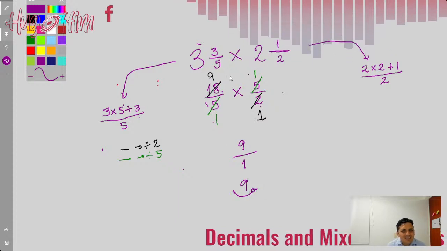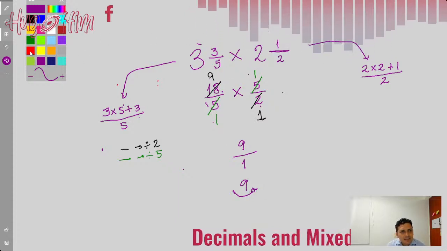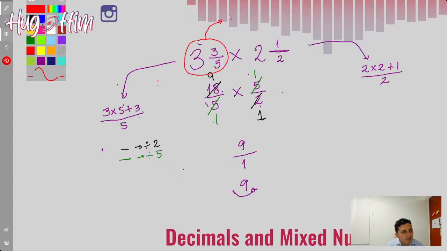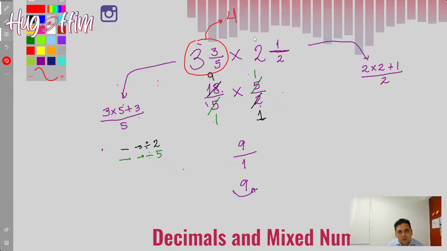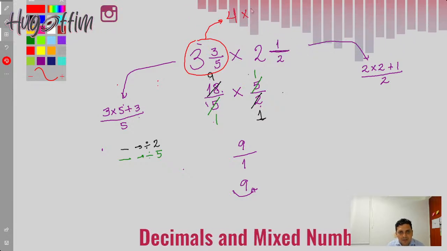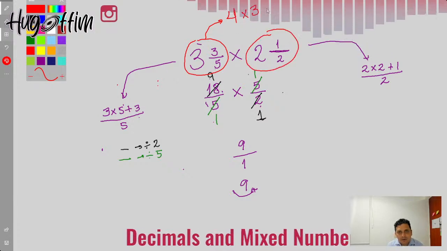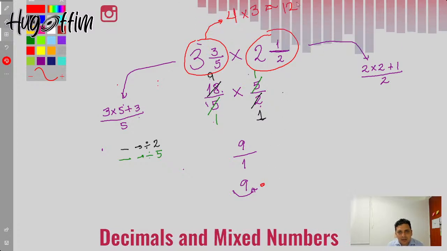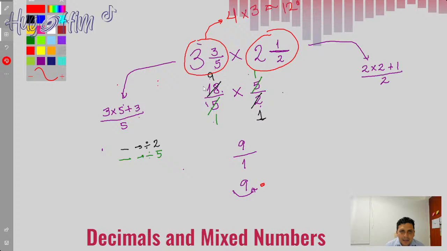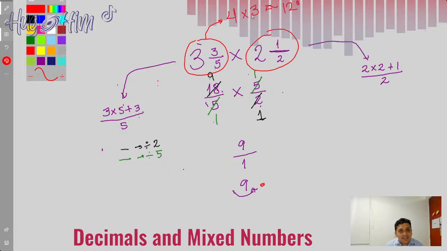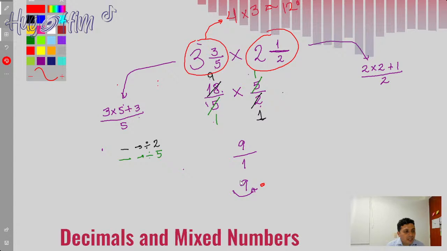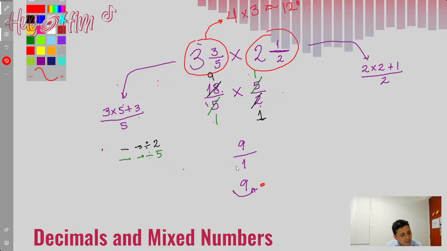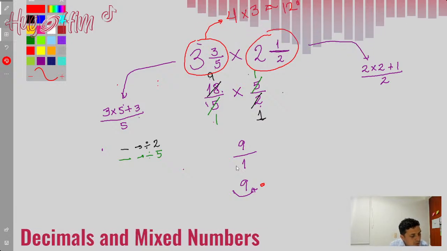And what happens if I estimate? If I estimate these 3 and 3/5 will be around 4, and these 2 and 1/2 could be 3. 4 times 3 is around 12. So my estimation matches around my number. Okay? So this is how you can estimate. The estimation helps you to know whether your answer is correct. Every time you multiply fractions, I recommend you to use this strategy of common factors,